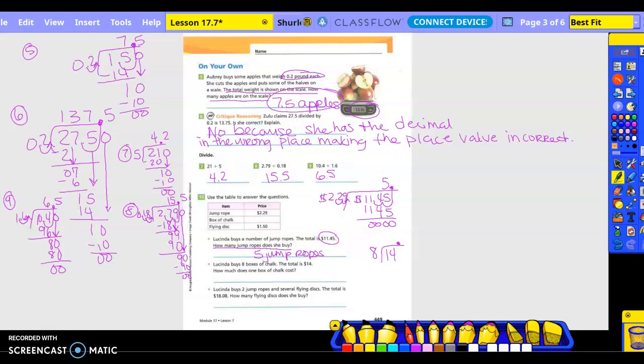8 into 14. Once, minus 8 is 6. What do I put? A 0. Bring it down. 8 into 60. 7 times, minus 56. 4 left over. Can I add another 0? Yep. Bring it down. 8 into 40. 5 times, minus 40. Anything left over? Nope. So each box of chalk costs